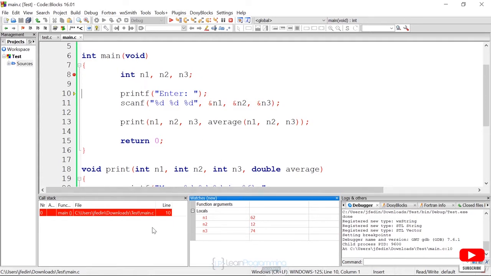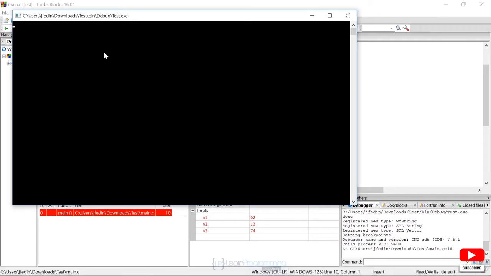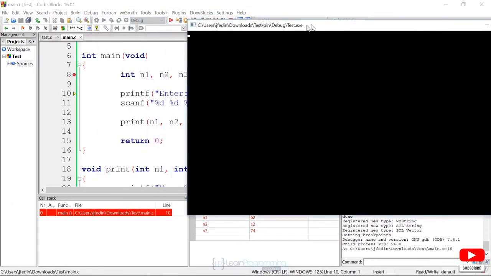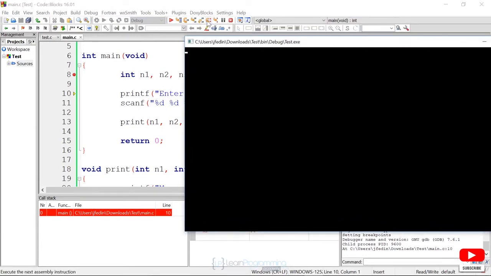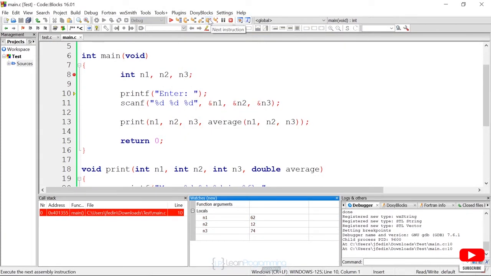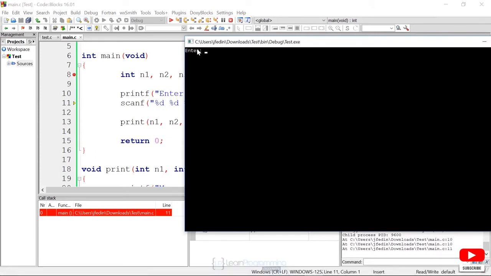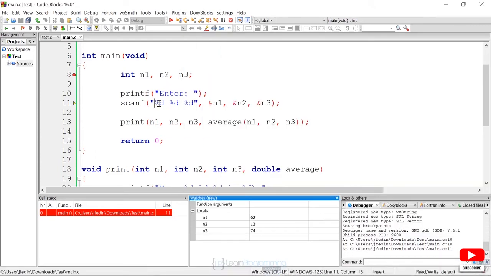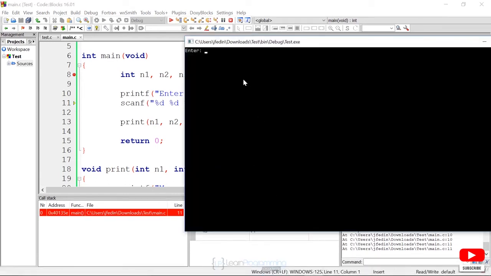I have a couple windows that I already brought up, but when you notice if you go to the code, nothing's happened yet because it hasn't even asked the user to enter information. Now if I step one line over, like this, that was the next instruction, you see it goes back here. If I go to the next instruction, it goes to line 11. And if I go back to my code, you'll see that it printed out the enter. Now if I say next instruction, it's going to try to read in some information. It'll try to read in the first information,